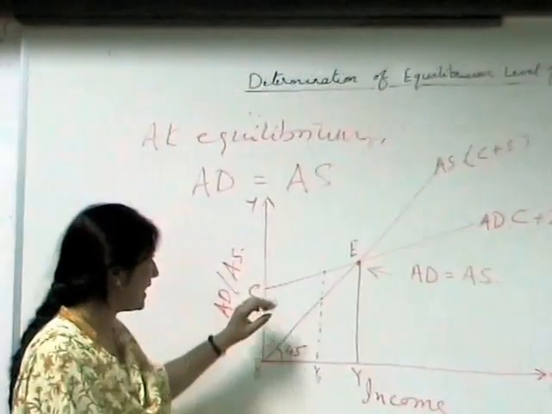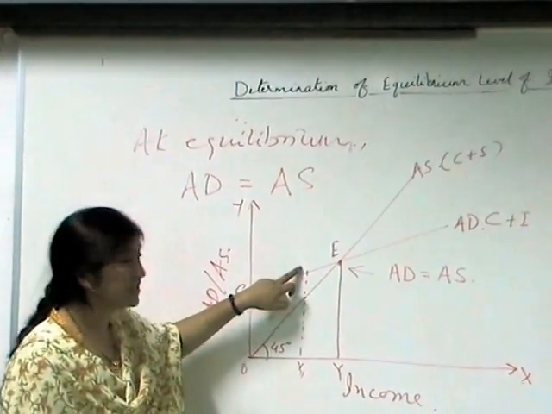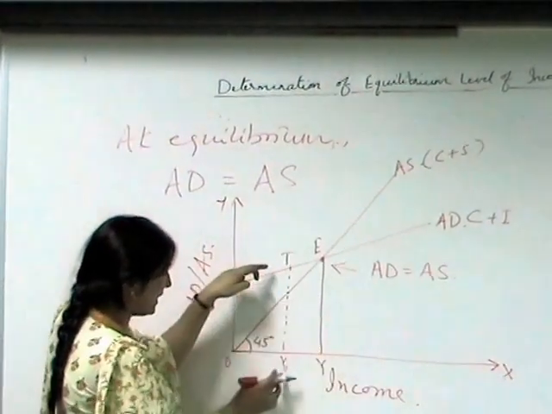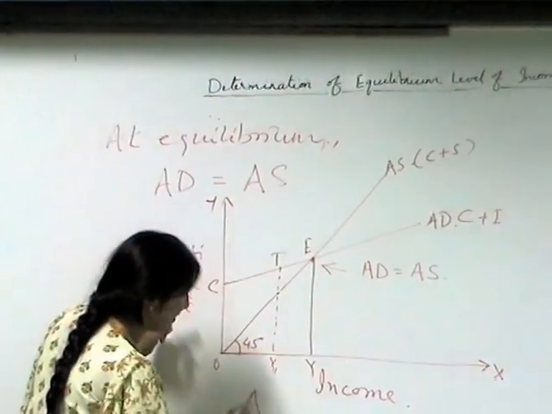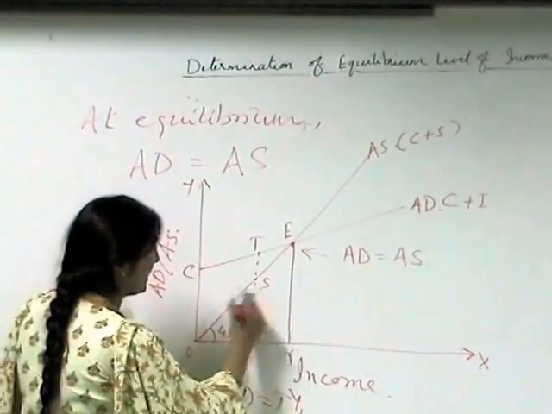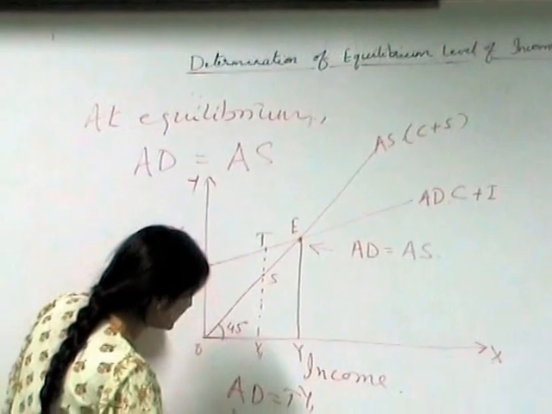The reason is that from here till here we are touching which aggregate demand. So this means you are having T and Y1. This is your, what is AD? AD is TY1. And let us take S. What is your AS?